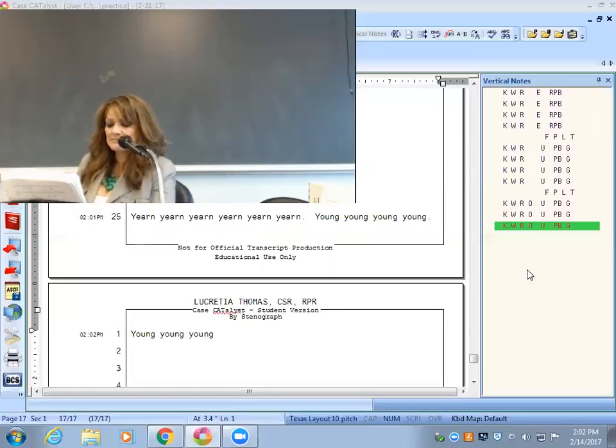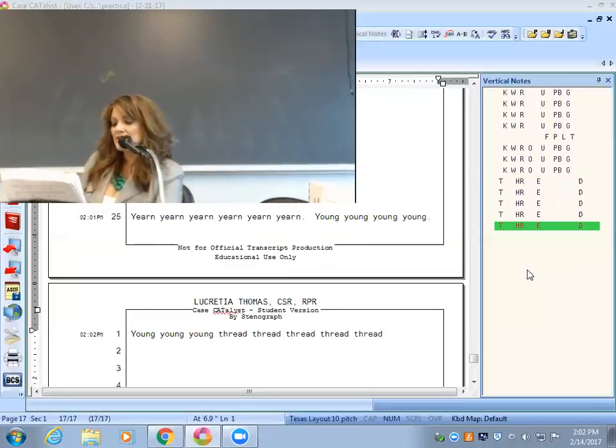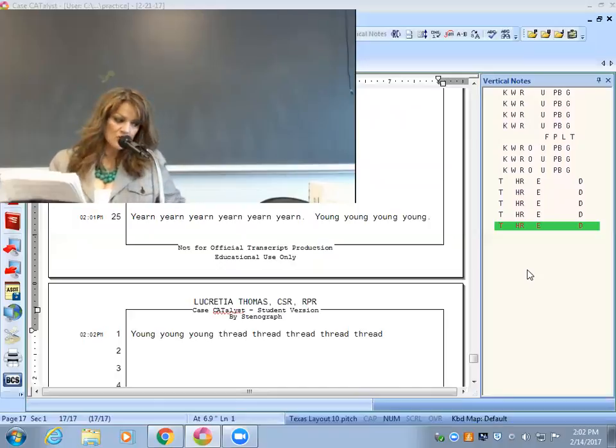Thread is the same type of word, T-H-R-E-D, thread, okay? It has an E and an A in the English spelling, but we just pronounce the E. So word exercise 12-1 deals with just stroking the words and only writing the vowel that is pronounced, even though there's 2 vowels in that English portion of the word. So just remember, we only write the vowel that's pronounced.